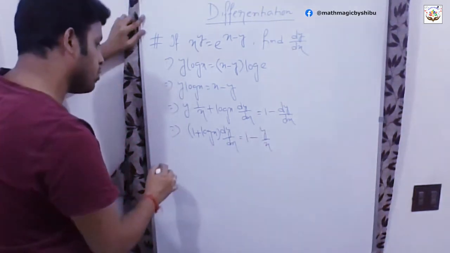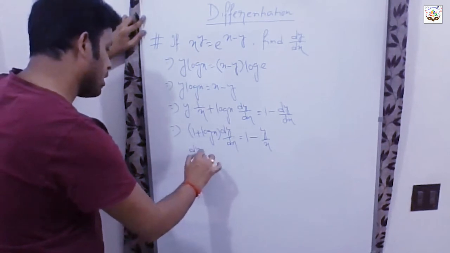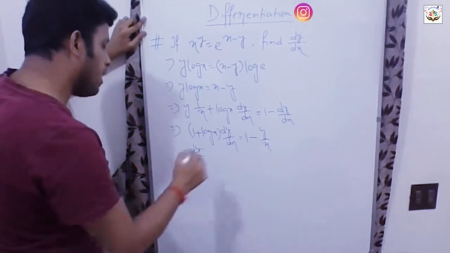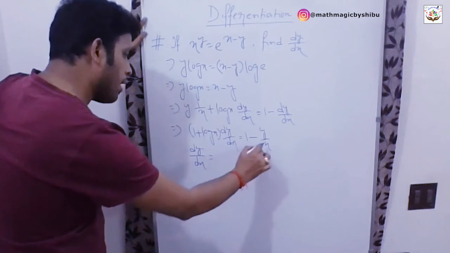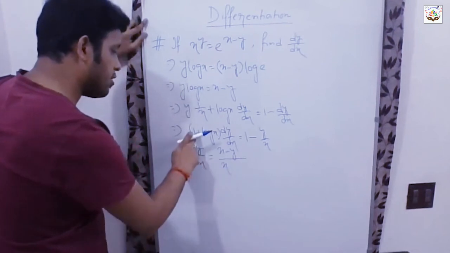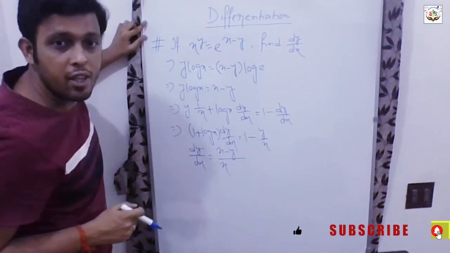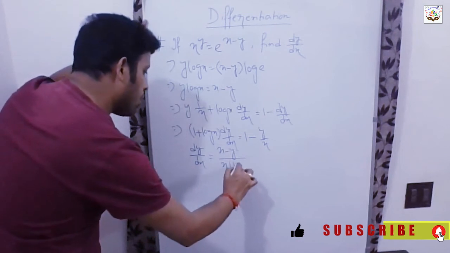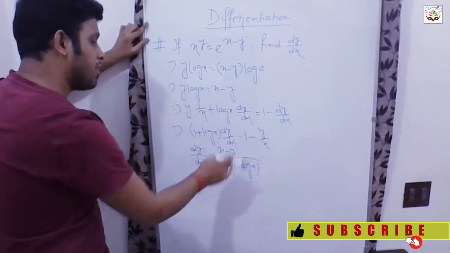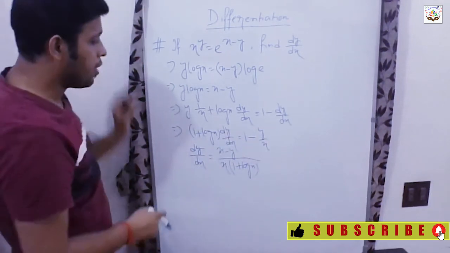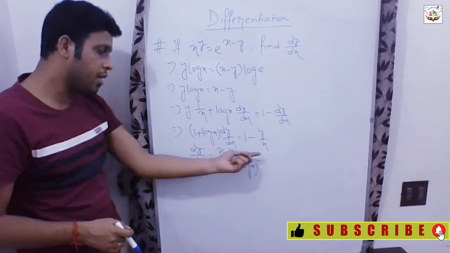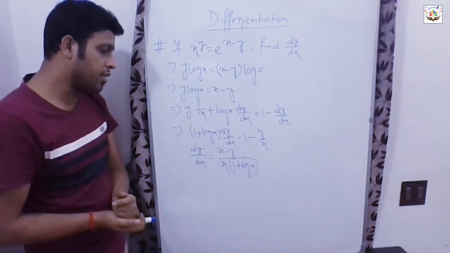Okay. So the dy dx is equals to x minus y by x, and this 1 plus log x should be multiplied at the denominator, right? So it will be 1 plus log x multiplied at the denominator, and we had already x minus y by x after the LCM for this part. Okay, so this is the desired answer for the problem, like dy dx equals to x minus y in the numerator divided by x into 1 plus log x at the denominator.